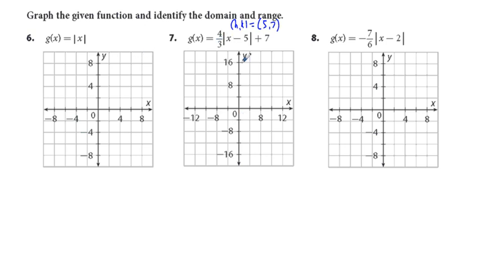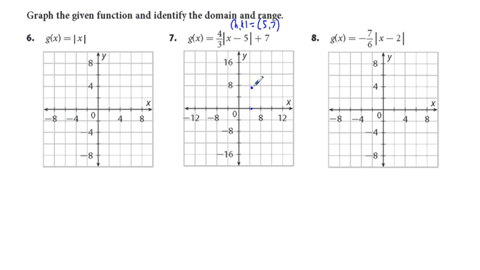Then we have 4/3. So let's go find that vertex. We have 5 comma 7. Each one of these tick marks here is 4. So 5 is going to be just to the right of this 4 tick, and 7 is going to be up here. So we're going to be right here